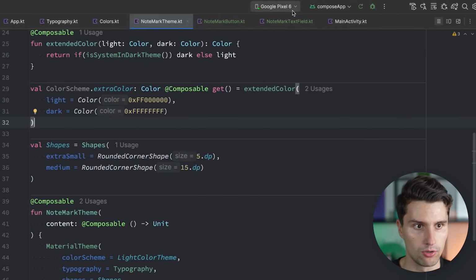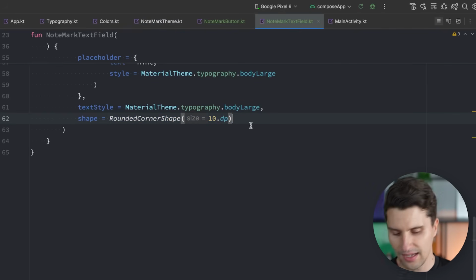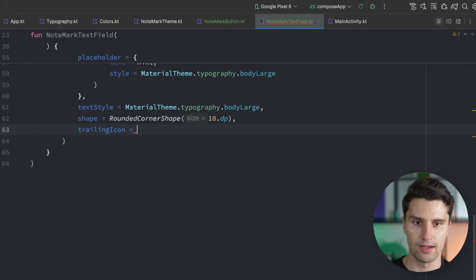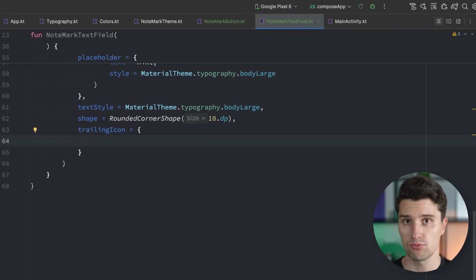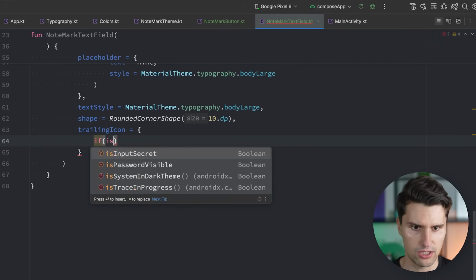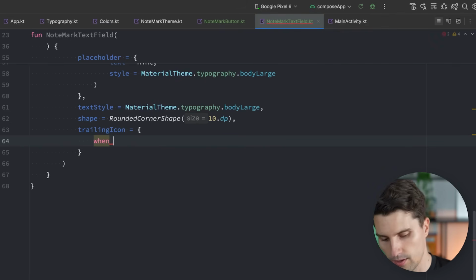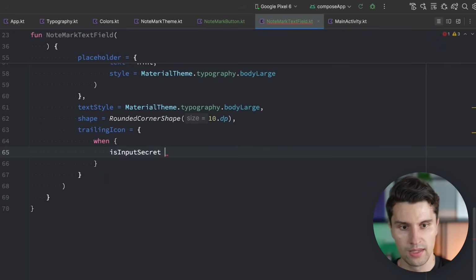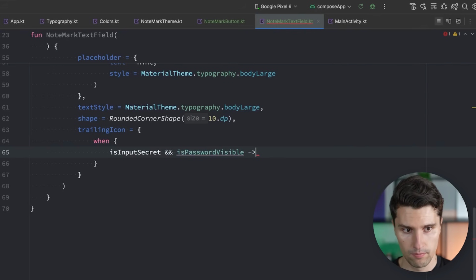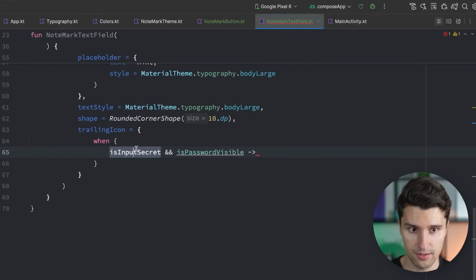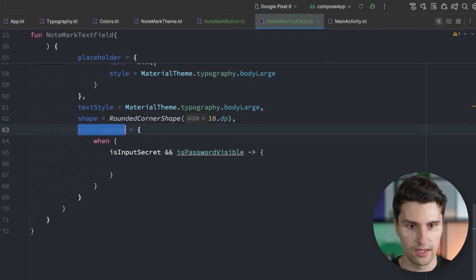If you want to use these, you can also reference these directly. And lastly, we want to reference a trailing icon. In case we want to have a password text field, then we want to show this password visibility toggle. So let's actually make this a when expression. When is input secret and is password visible? So if we have a password text field and the password is visible, then we actually want to put this